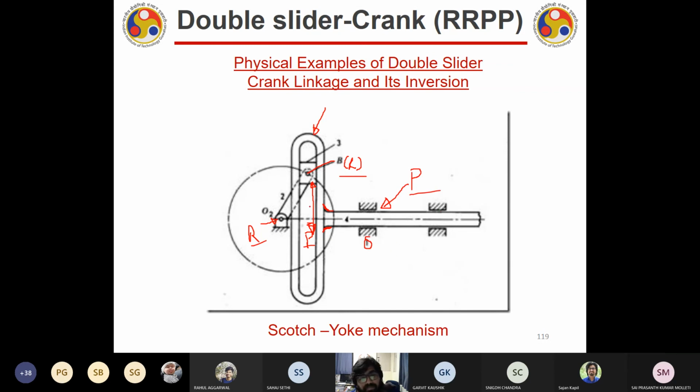Basically, what is happening over here? I am rotating it. This is my input. I am putting a motor over here. In return, what am I getting? Linear motion. So basically, it is to convert a rotary motion to a linear motion. The Scotch yoke mechanism. Correct? Continuously it was rotating and it will move back and forth like this. Correct?